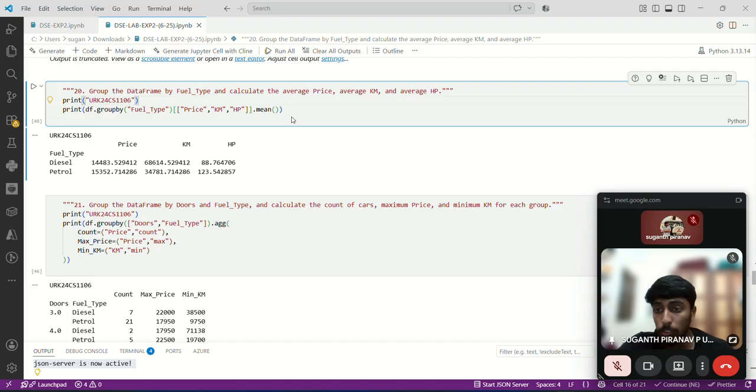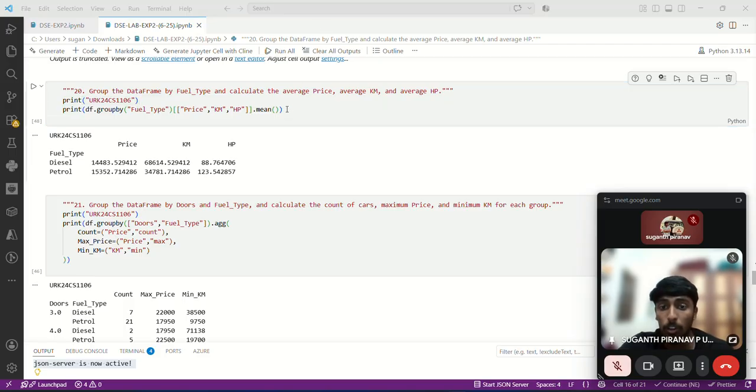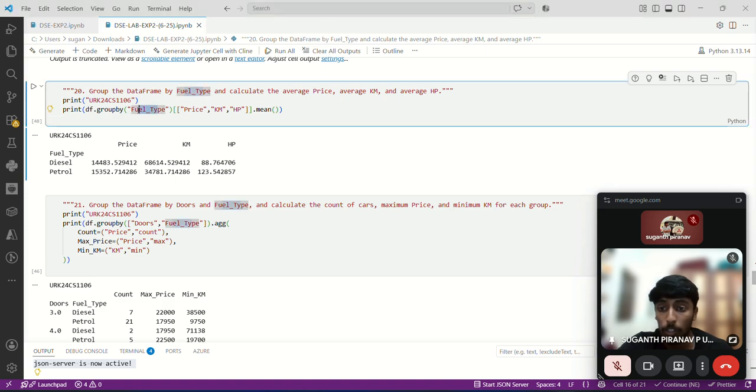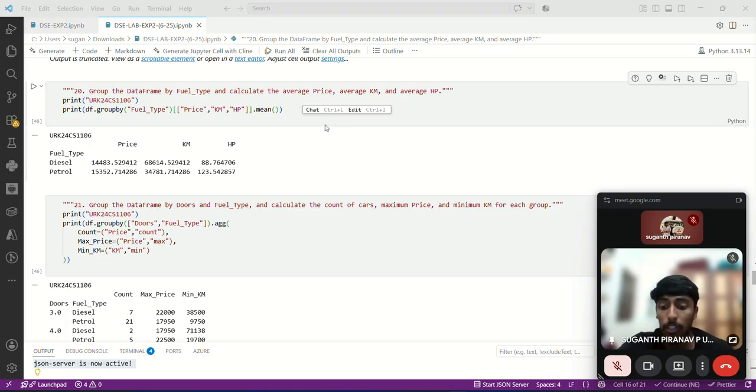And 20th question, to group the data frame by fuel type and calculate the average price, average kilometer and average HP. So I have used the groupby function here to calculate the averages. I grouped the data by fuel type using the groupby function and calculated the average price, kilometer and